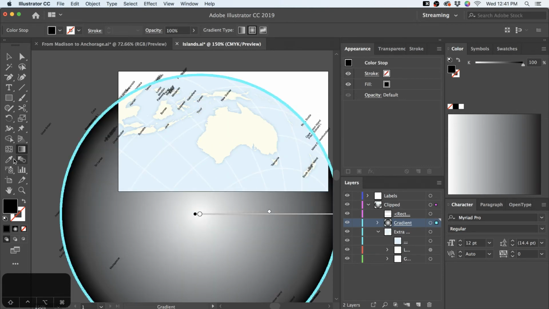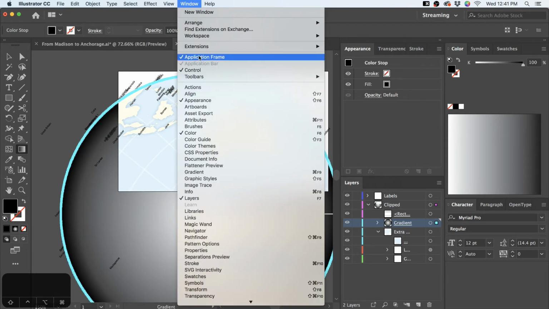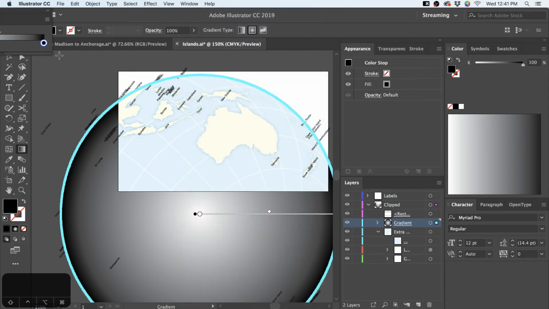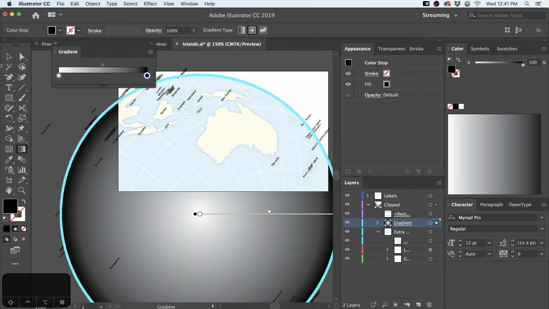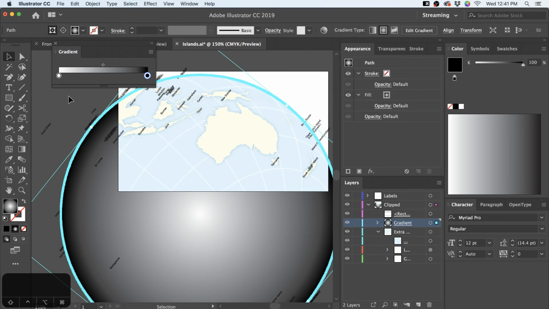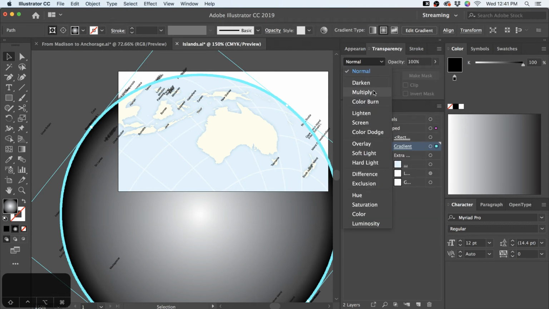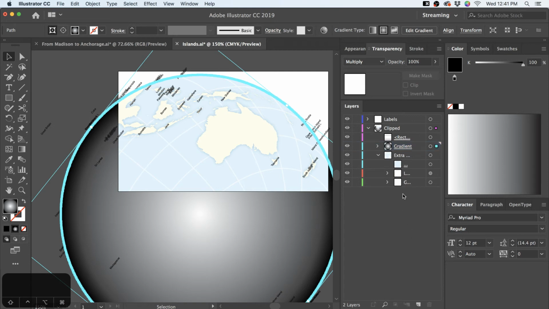You can also go to the gradients panel, and if you want to mess around, you can change what colors you're using. In this case, white to black is actually going to be just fine for me, because I want this thing to be set to multiply. And why did that not work quite how I wanted it to? Because multiply ordinarily darkens things underneath.